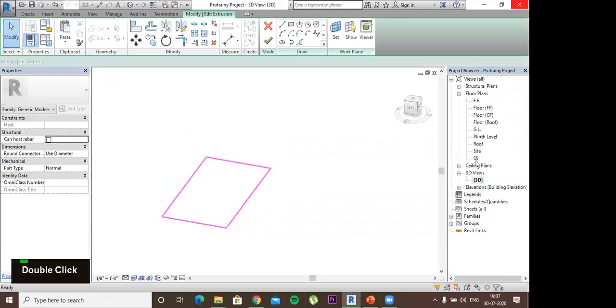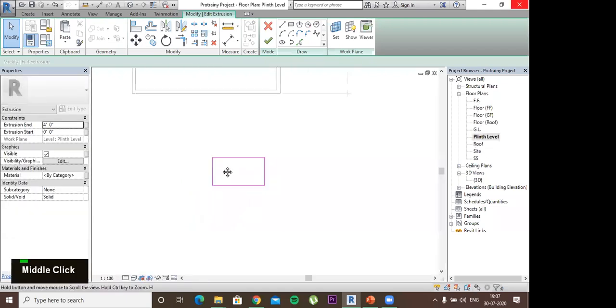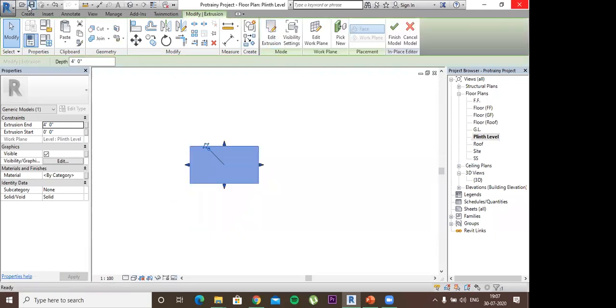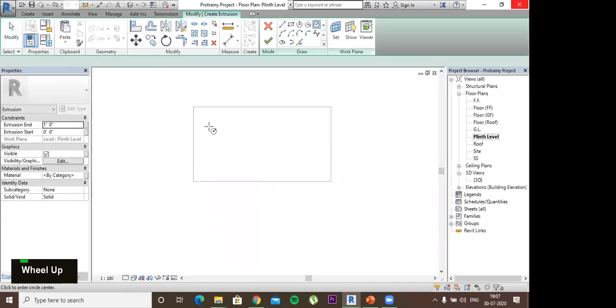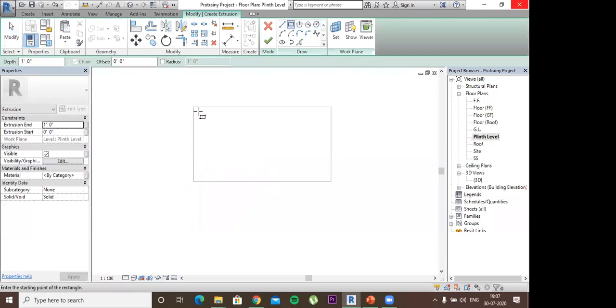Now if I want to make a table, what I will do is create an extrusion, and then I'll create another extrusion for the legs. For example, we will take rectangular legs only, like this.